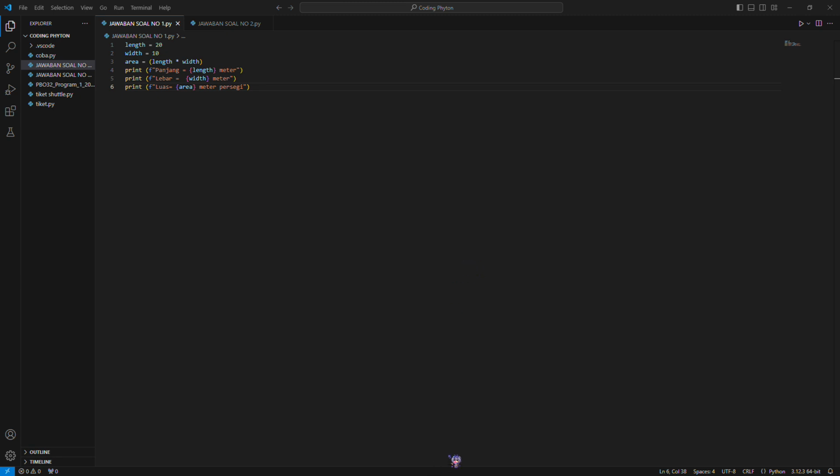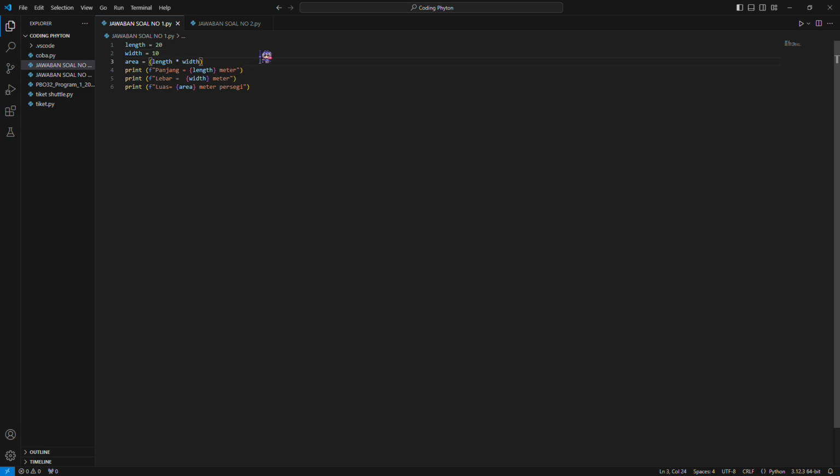Okay, so let's go to the program that I made. Firstly, we make sure to define our variables here. As you can see, I use three variables: length, width, and area. Line 1: we define length where the value is 20 and the program automatically reads it as an integer. Line 2: we define width as a variable and its value is 10. Just like the length, it is automatically read as an integer.